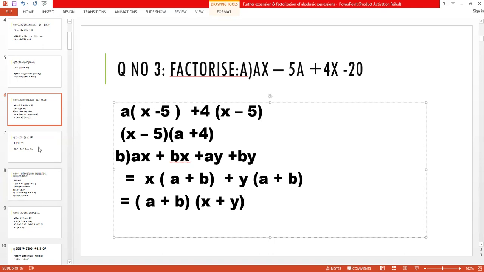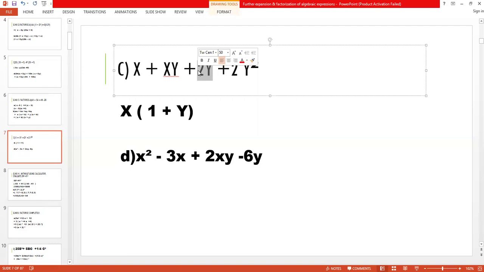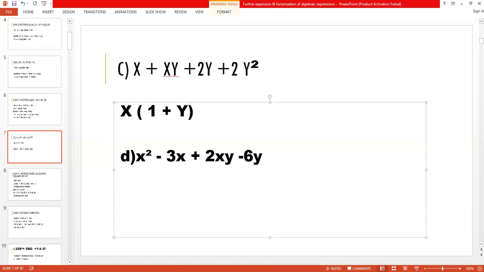Now comes the next two parts, part C and D. Again, we have x plus xy plus 2y plus 2y square. Okay, in x and xy, which one is common? X is common, and in the x times table, when x will come 1 time, so 1 plus y will remain. Here 2y and plus 2y square. Obviously, which one is common? This 2y is common here. Okay, so here we have to write plus 2y. Okay, and inside the bracket, plus 2y goes outside.